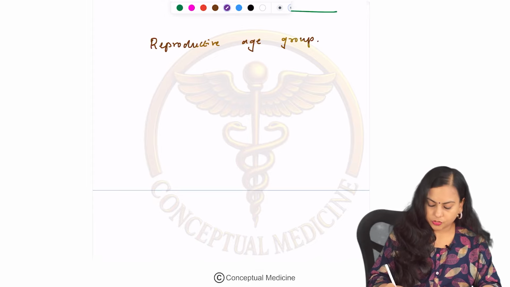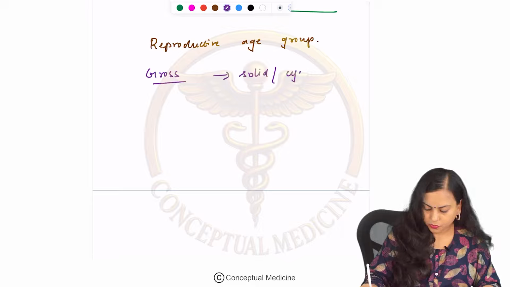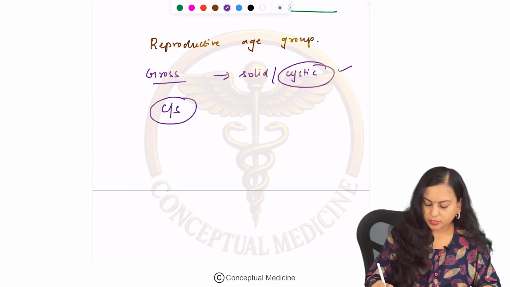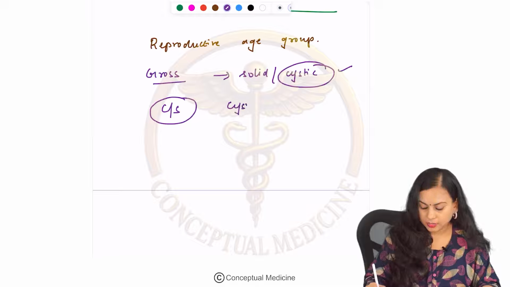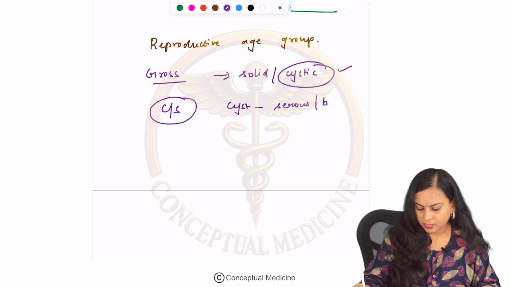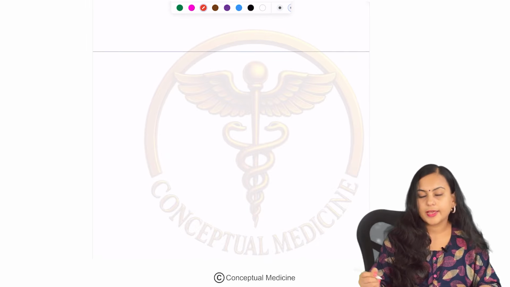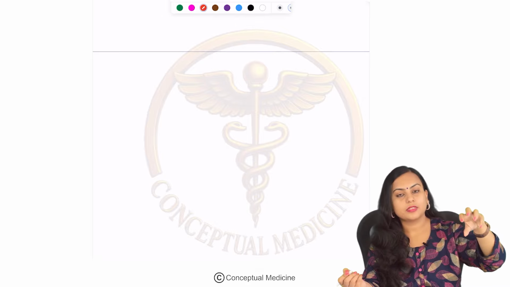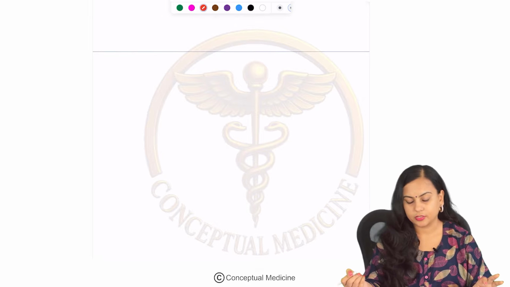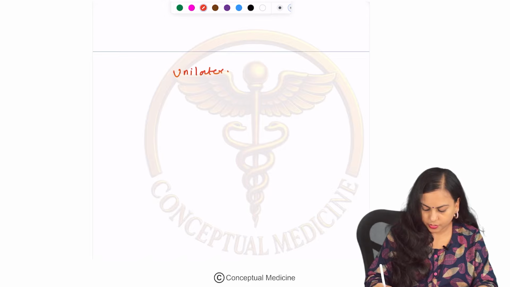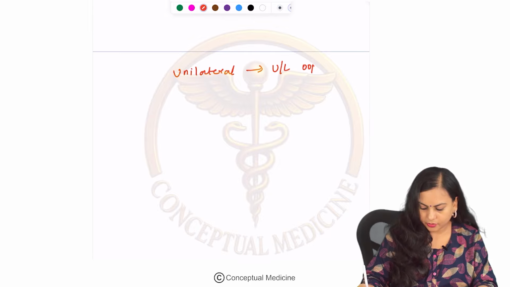If you see the gross picture of these tumors, some are solid tumors but most of them are going to be cystic tumors, and on cut section you will be able to see a cyst filled with serous fluid or even a hemorrhagic cyst, that is a cyst filled with blood. Histologically we have seen the Call-Exner bodies, which have a central cavity with cells present surrounding it, right? And these tumors are mostly unilateral tumors,